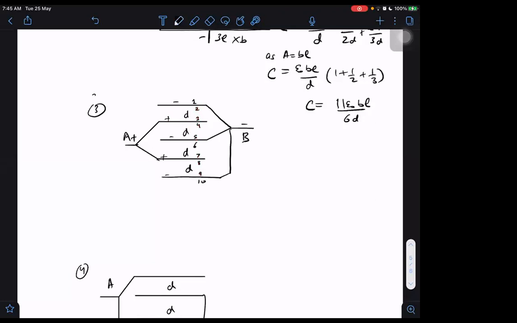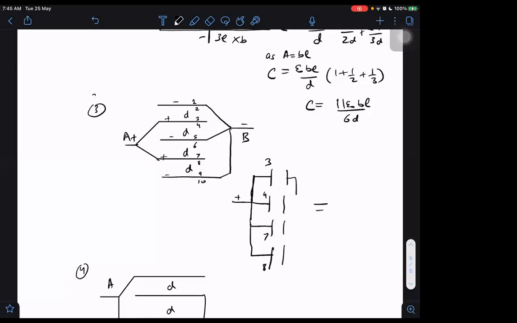So let me arrange these plates here, starting from the positive terminal, which are connected to positive. Which plates, which surfaces are connected to positive? Tell me which surfaces are connected to positive. Number 3 is connected. Number 4 connected. And number 7 connected. And 8 is also connected. These are the surfaces connected to positive. And how many surfaces are connected to negative? 2, 5, 6, 9, 10.